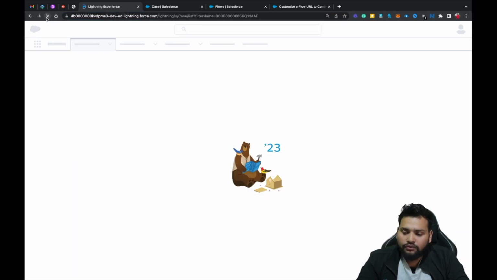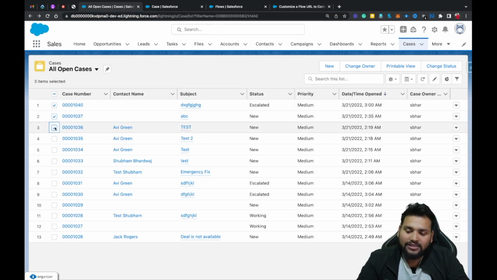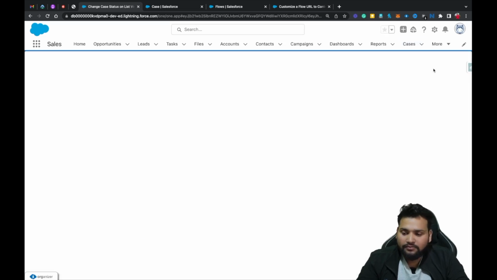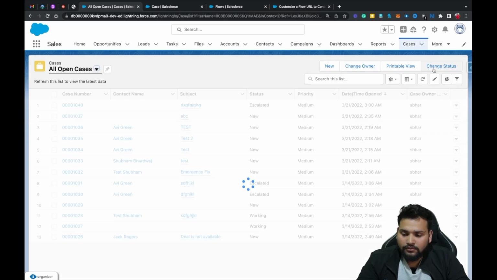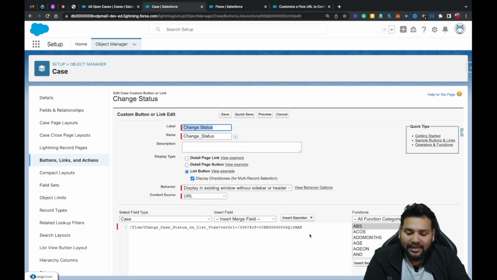Refresh the list view, and let's say if I select 3 more cases and let's click on change status. So now you can see we are redirected back to the same list view, because I configured my URL like this.